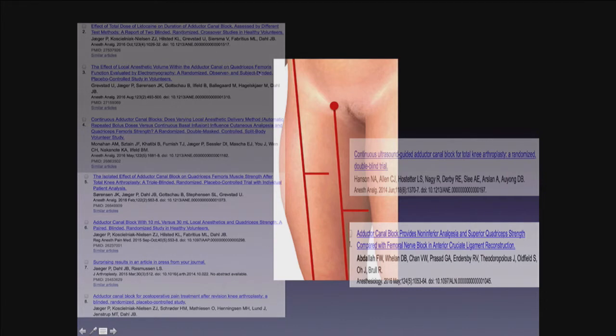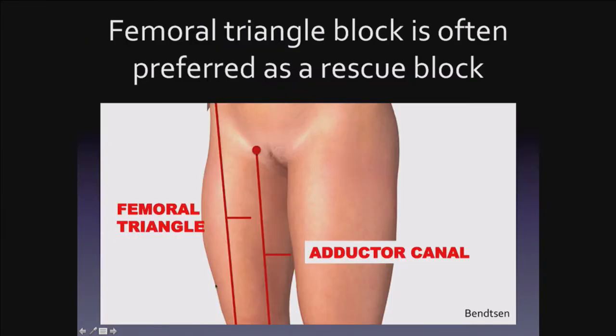In the original publications, while all anesthetists were performing the block at the middle of the thigh, Swedish people were obviously working higher because the middle of the thigh is starting for them at the middle of the iliac crest, while others work also at the middle, but they are starting here at the level of the ASIS. Practically, we are in 2 different anatomical regions. Some are in fact working at the level of the femoral triangle,